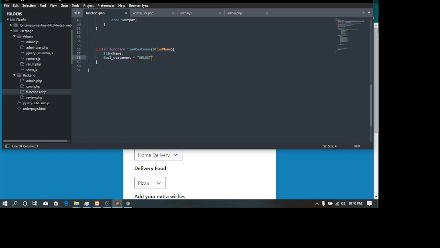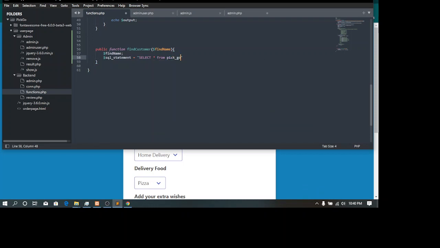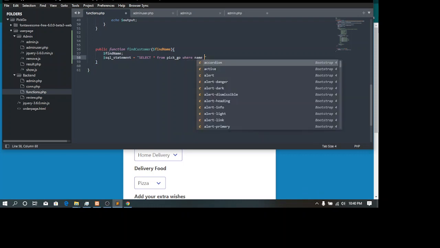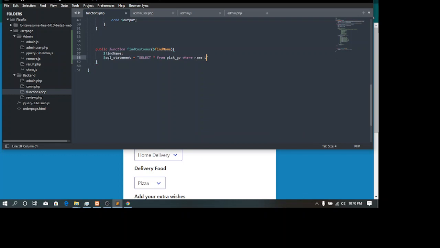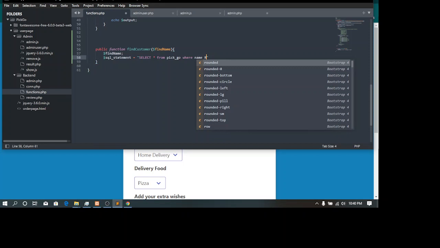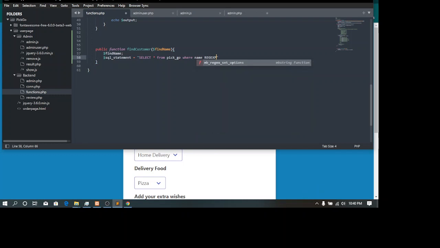It's going to be select star from pick go where name regular expression. We're not using like, we're using regular expression. So REGEXP, then a question mark like that.